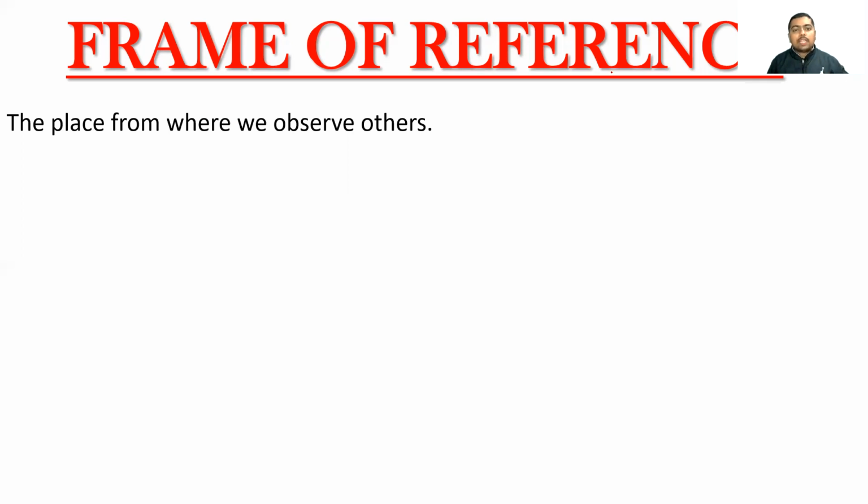But when I change my frame of reference from earth to moon, when I am going to the moon, then from the moon what can we observe? When I am on the moon and you are on earth, from the moon I see you are in motion and you see I am in motion, because we changed our frames of reference. So the frame of reference defines the motion and also defines the rest, depending on the position of the frame of reference.